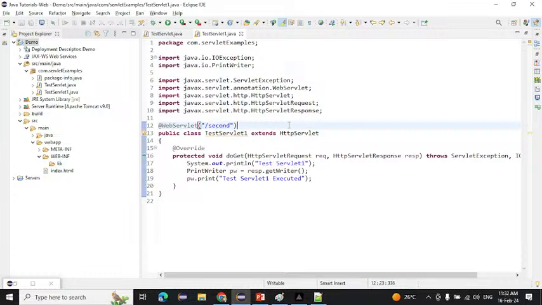Okay, so do it by yourself. You have to create 3 servlets, and after that you have to map those 3 servlets with the help of the web.xml file first. And after that what you need to do is